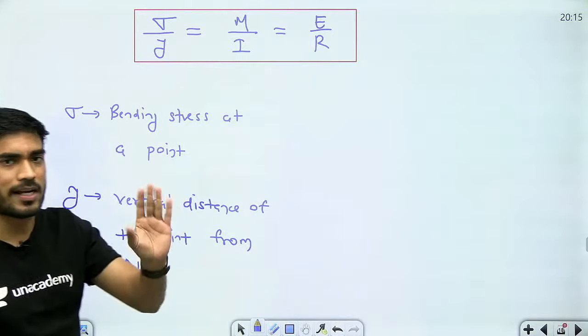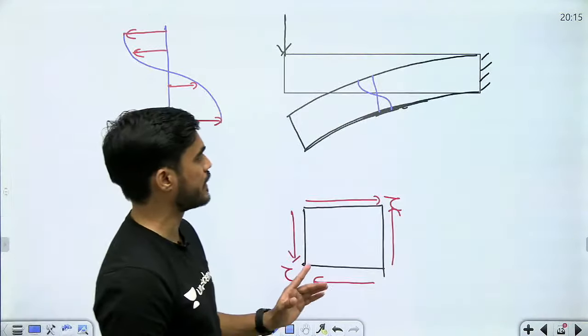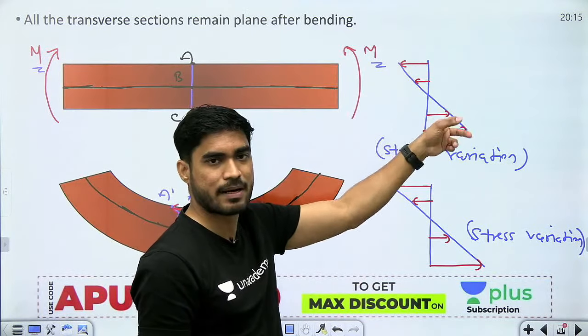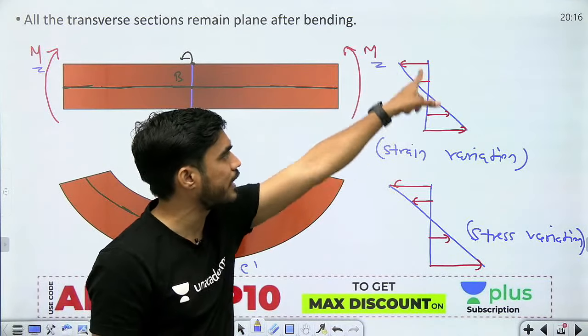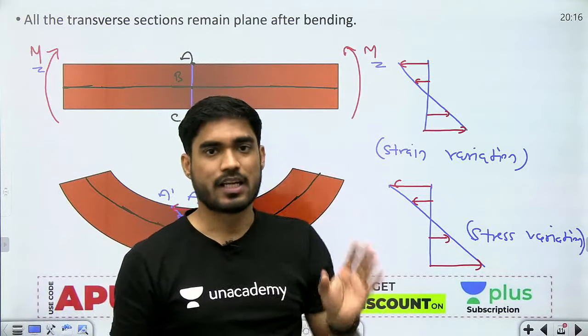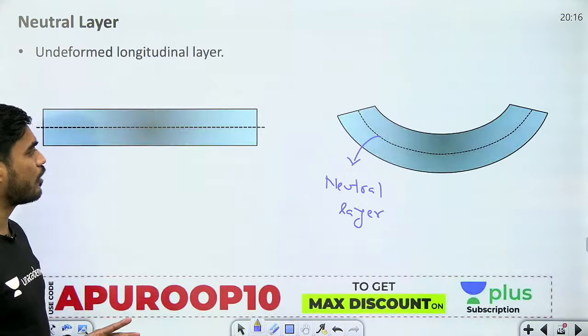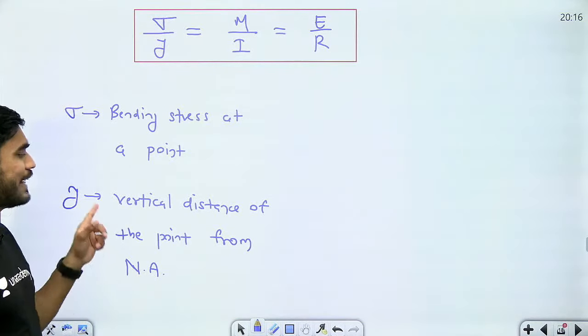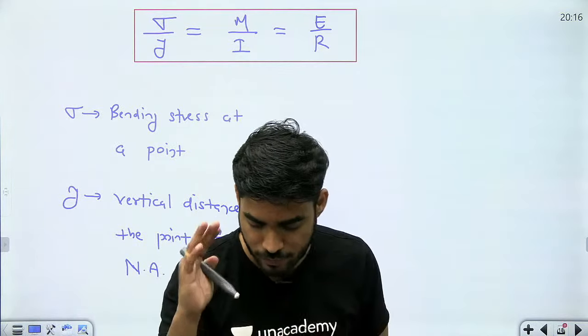So at different points bending stress must be different. We have already seen the variation of bending stress. मैंने आपको already variation बता दिया है bending stress का. So you can see that the bending stress is not constant from top to bottom. So at any point, if you want to calculate the bending stress, what do you need? You need the location of that point from the neutral axis. That's why it is important to know the location of neutral axis.